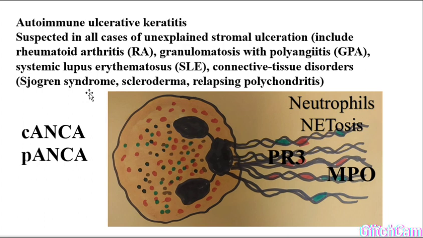So as I mentioned, in all unexplained ulcers, or if the ulcer is deep, or if there is no response to local treatment, or if it took a very long time, we suspect an autoimmune ulcerative keratitis, and usually the treatment is by systemic